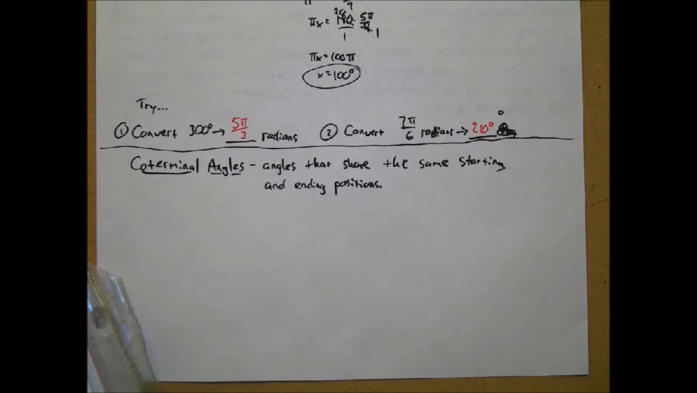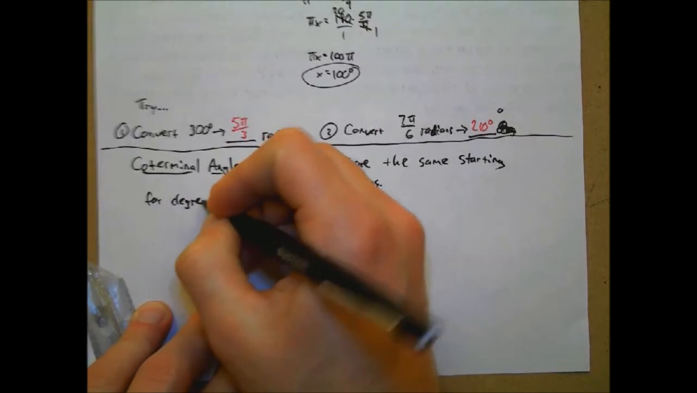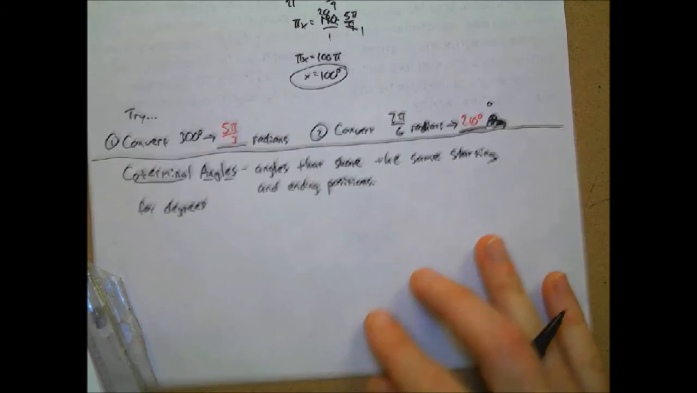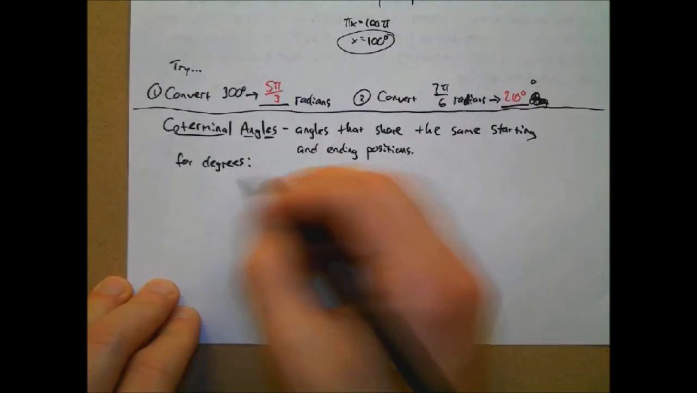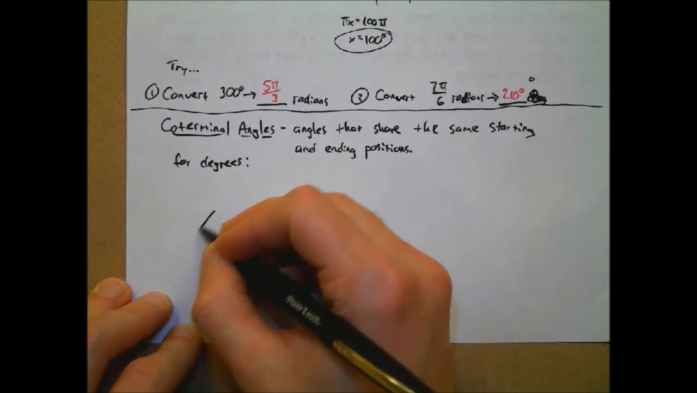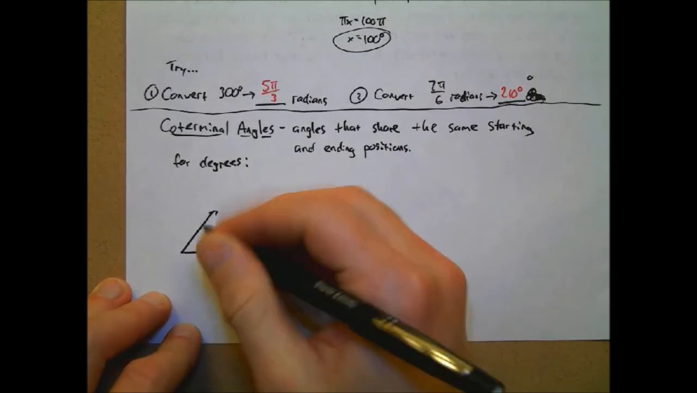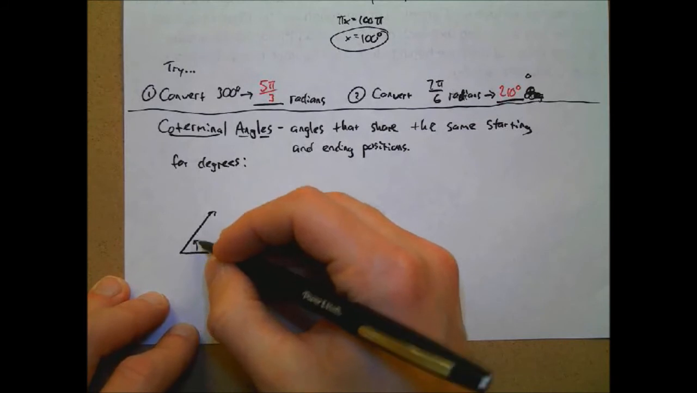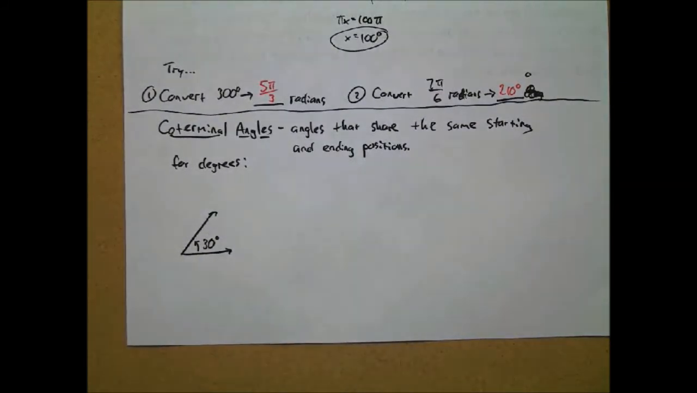So, that's what a coterminal angle is, right? All right, we're going to talk about what a coterminal angle will look like here. Let's say that we've got an angle. I'm just going to draw a little geometric angle here, and we'll say that the interior angle here is 30 degrees. That means that the coterminal angle would be